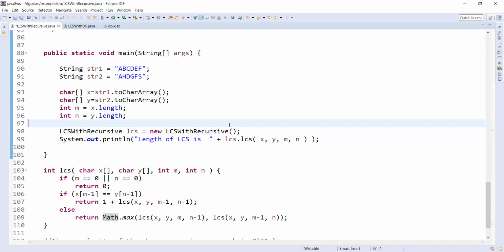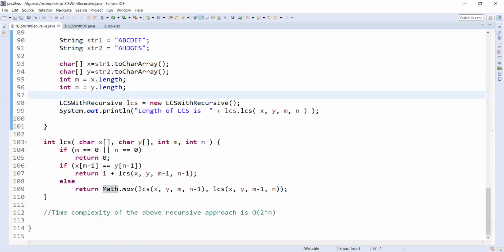Here we arrived at two conditions other than the base condition: one is when the last character matches, the other is when it doesn't. When it matches, we put 1 plus the calculation with m minus 1 and n minus 1. When it doesn't match, we take the maximum of both substrings, as mentioned here. That's what we've written here.